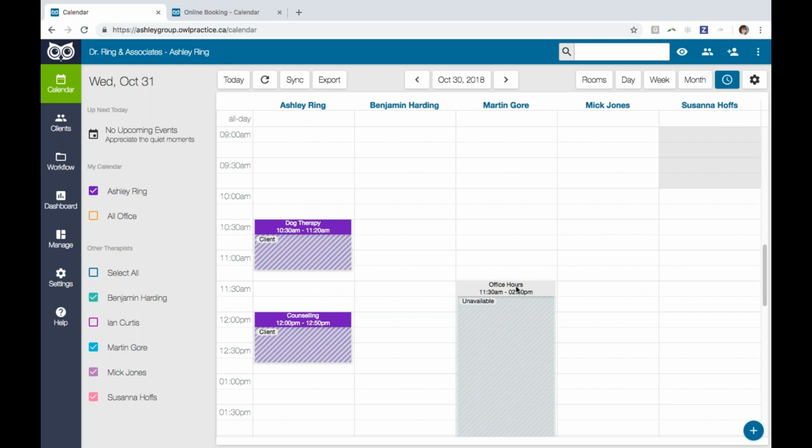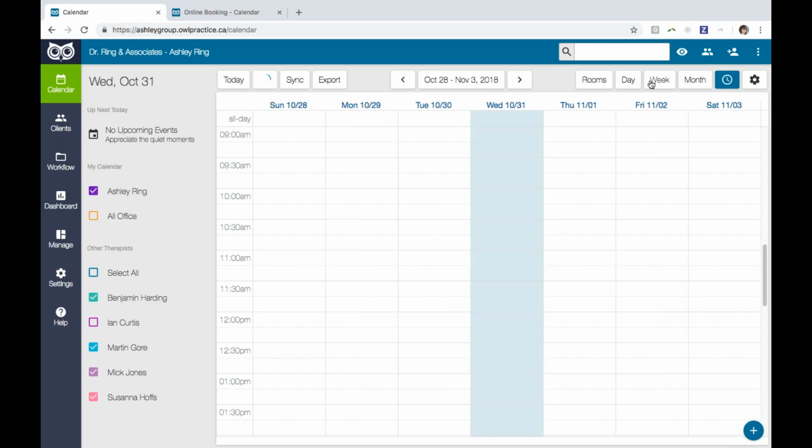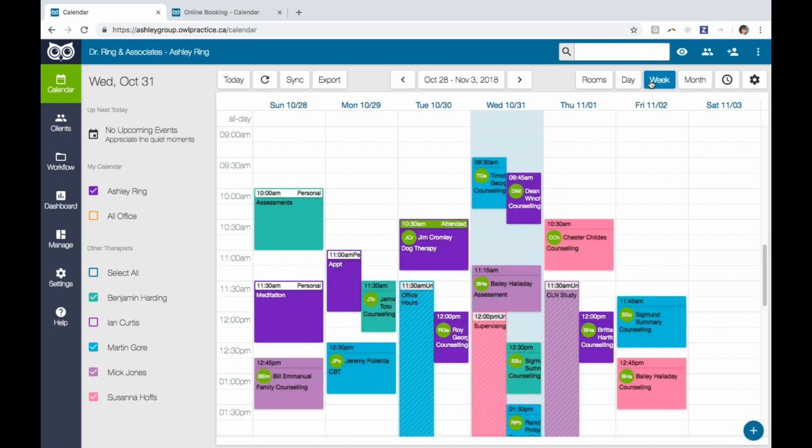So when you want to schedule that period of time to show a therapist is working, but not intending to be client-facing, you can use this new unavailable event type that we've created. I'm just going to go back to my week view, and I'll point out that the availability view here is read-only, so it's meant to show you the hours and how the resources are allocated, but it's not a scheduling view. So if I wanted to schedule a period of time where someone wasn't available, I'd click into the calendar,